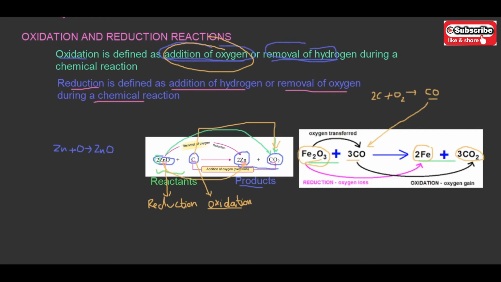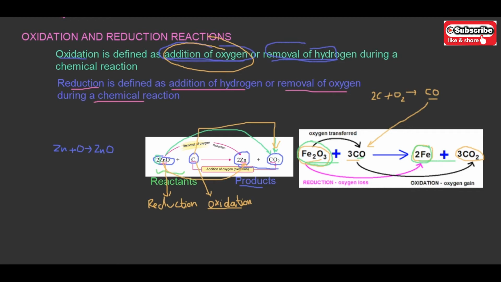Now in this case, as you can see, the iron atom here is bonded with an oxygen atom. It is making iron oxide. What is an oxide? Whenever an atom reacts with an oxygen atom, it forms an oxide. So this is iron oxide, which when reacted with carbon monoxide produces free iron atom. This is the iron atom which is free.